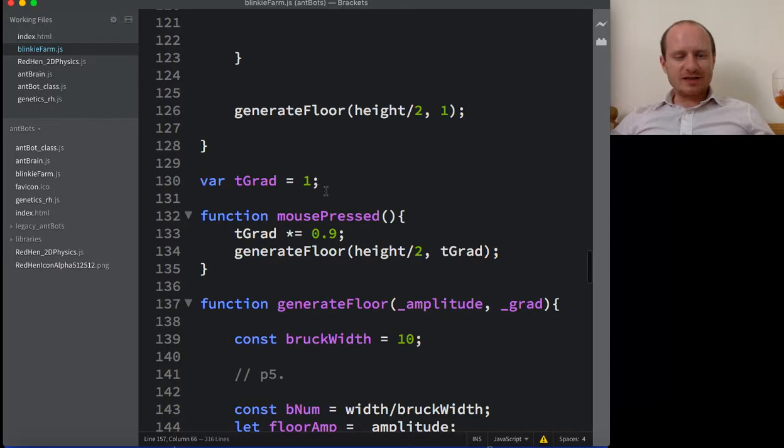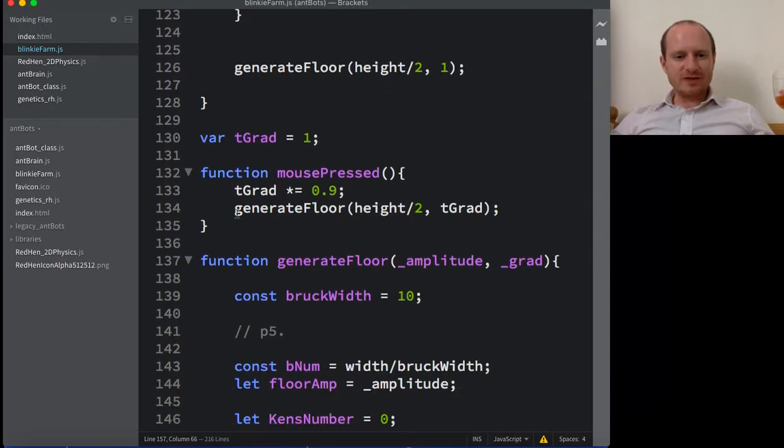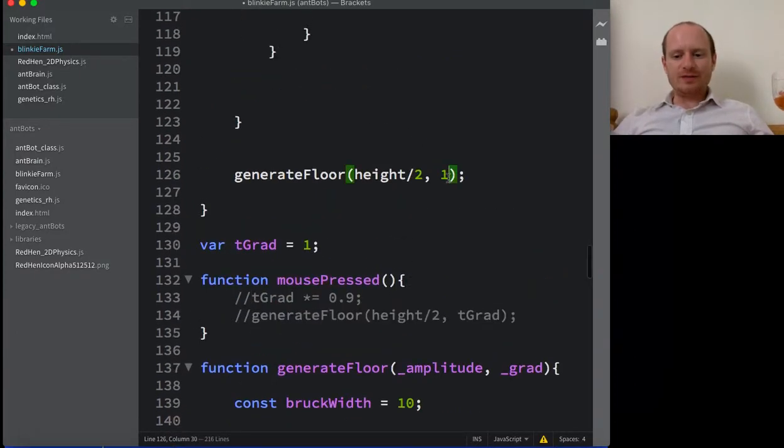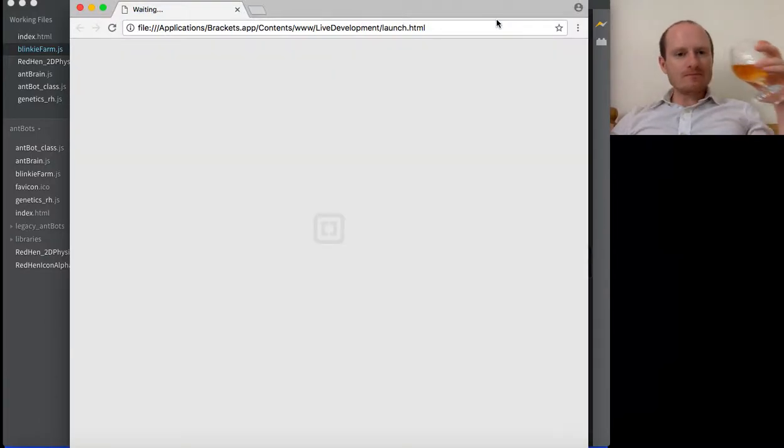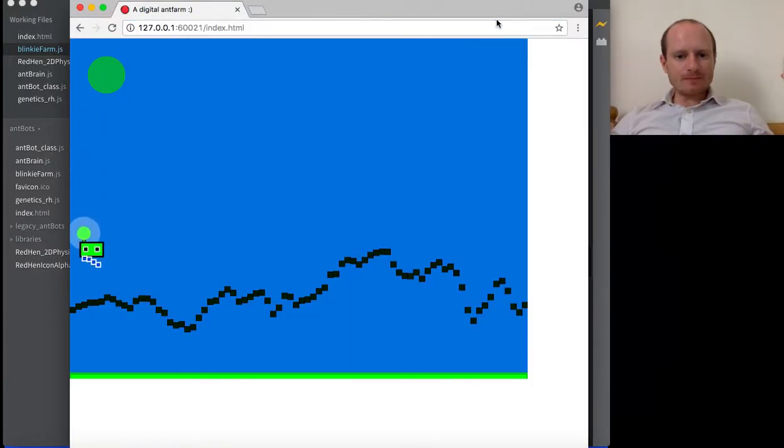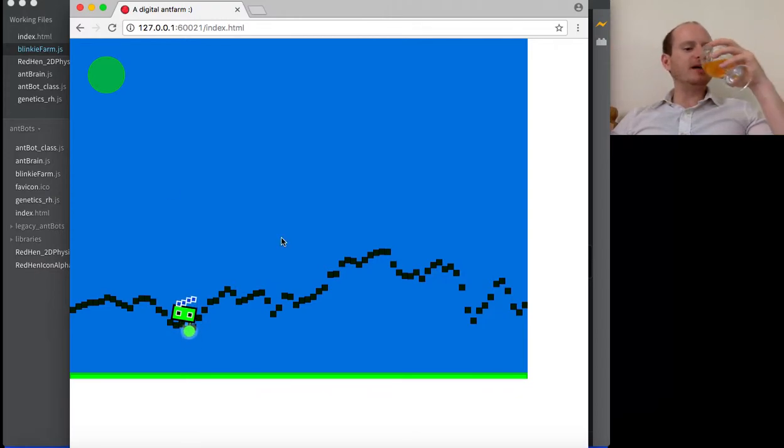So let's stop doing this. We'll only create them once. And we'll say our gradient equals 0.1. There we go. So that looks kind of cool. So there's a little bit of a problem here. So the gradient is not bad, but